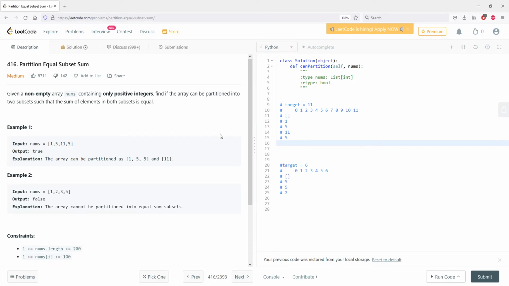Today I'm going to talk about LeetCode question number 416, Partition Equal Subset Sum. Given a non-empty array nums containing only positive integers, find if the array can be partitioned into two subsets such that the sum of elements in both subsets is equal. For example, we have this first example here where we have this array and the total sum of this